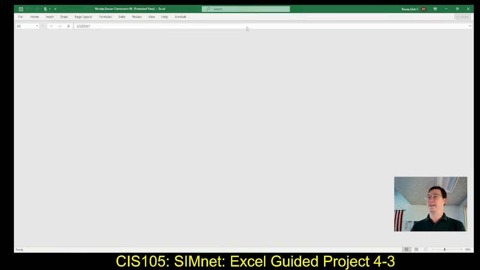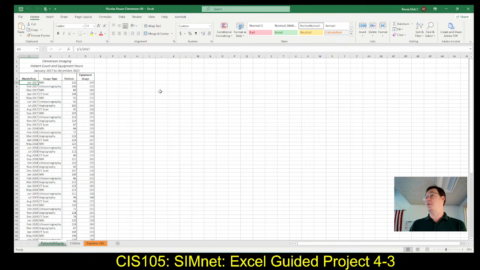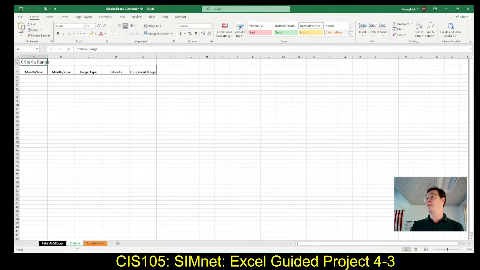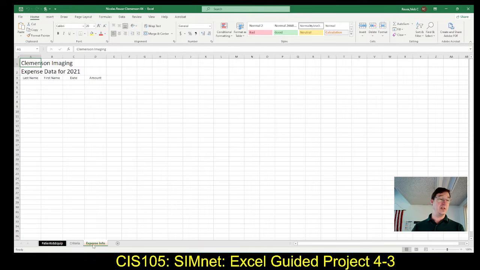That's very helpful. Okay. Now, I just want to let you all know what to expect in this project. So you'll notice in the bottom left corner, we have three sheet tabs. We have patients and equip. We have criteria, which you will type a couple things into. And we have expense info with no data. Now you realize that we downloaded another file. So just to let you know, that other file that we downloaded, the comma delimited CSV file, we're going to import into this sheet later in the project. We're not doing that right now. Also,